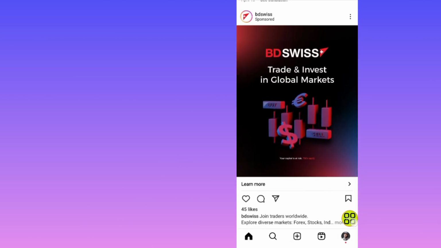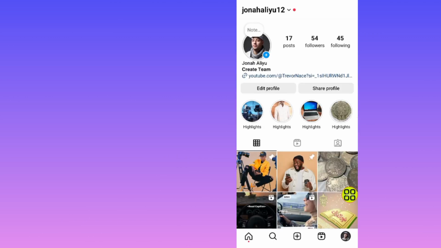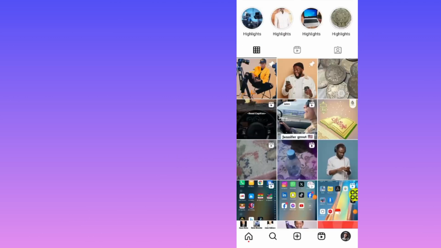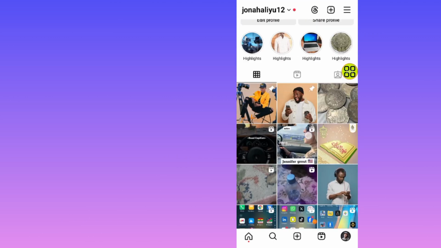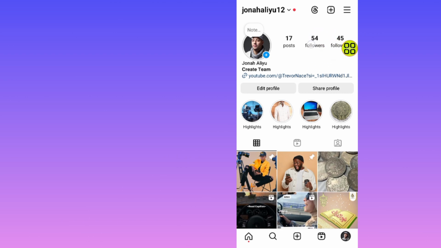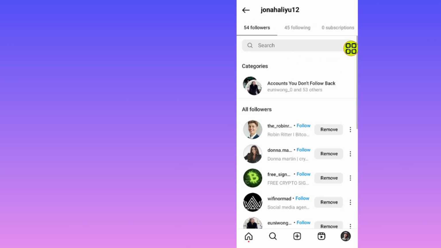on your profile at the bottom right side. After you open your profile like this, now tap on your followers section, this followers section. If you open your followers section, as you can see on your own Instagram account,